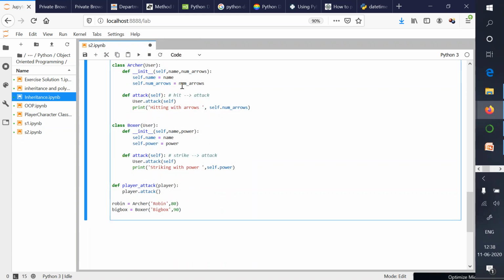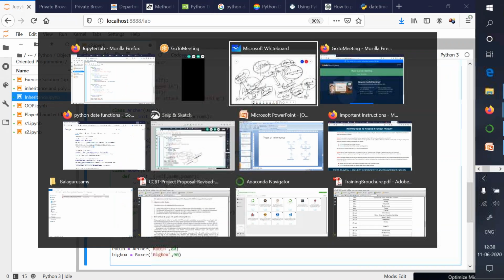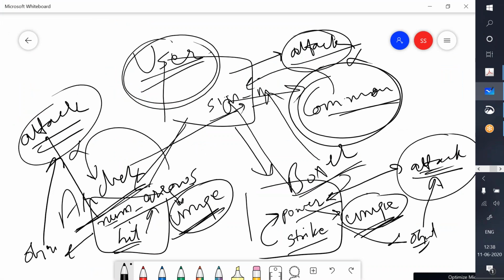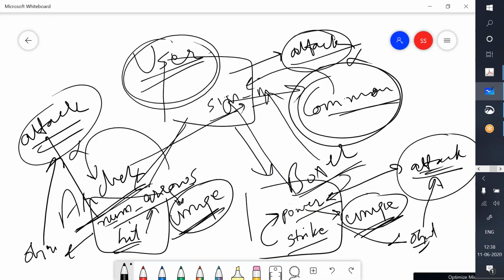Now see, till date, the kind of inheritance hierarchy we have implemented is shown in this diagram. In the user class, we have only two methods, sign in and attack, but there is no variable, no integer or floating point kind of variables. So methods are one thing, variables are another.